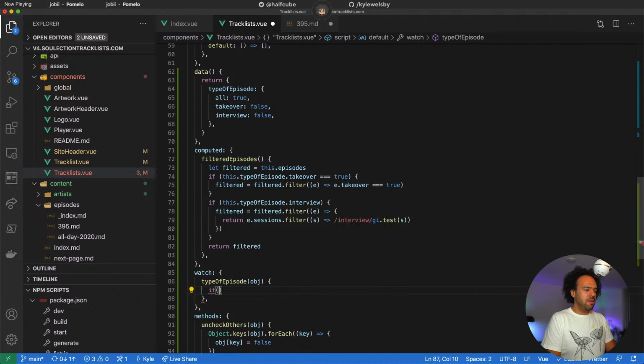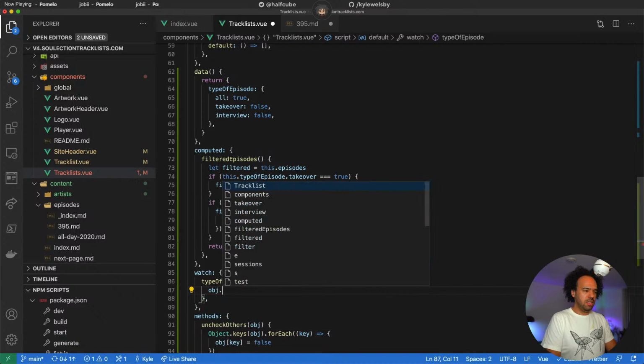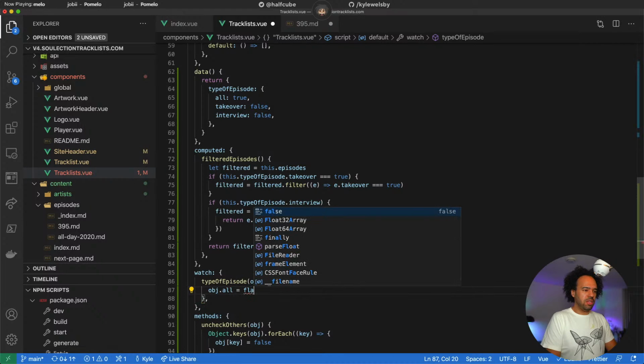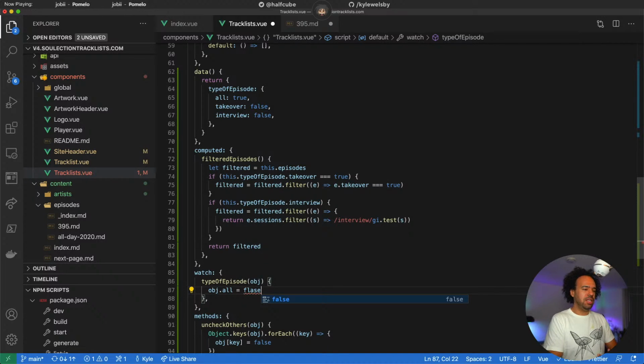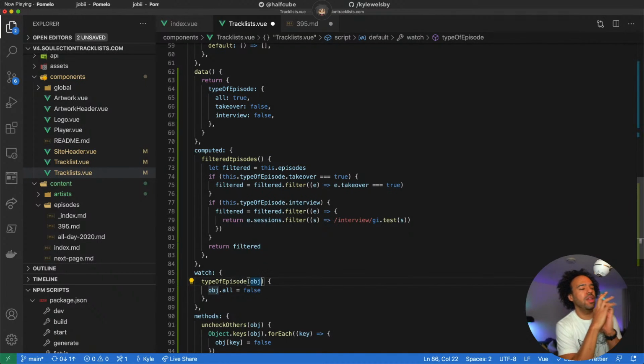If any of the keys other than the all key are true, then we want to set all off. So object.all equals false. I have a feeling that's going to take itself into an infinite loop, which I don't want it to do.